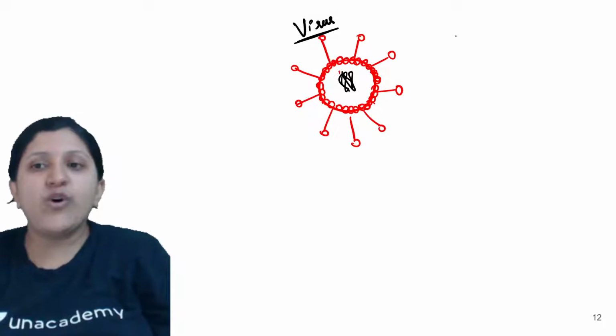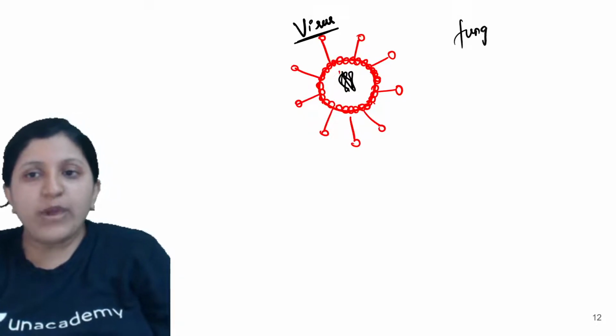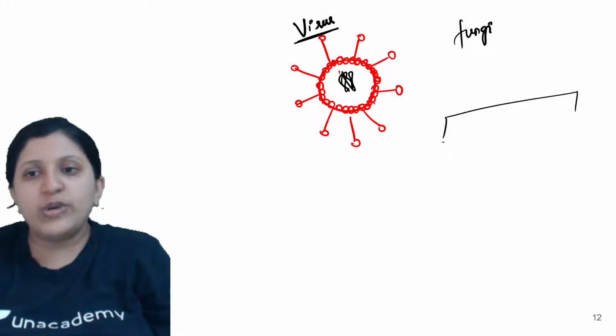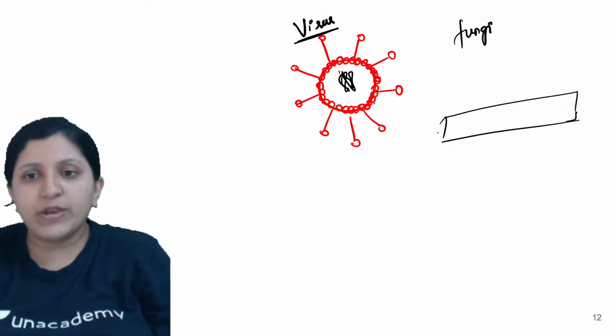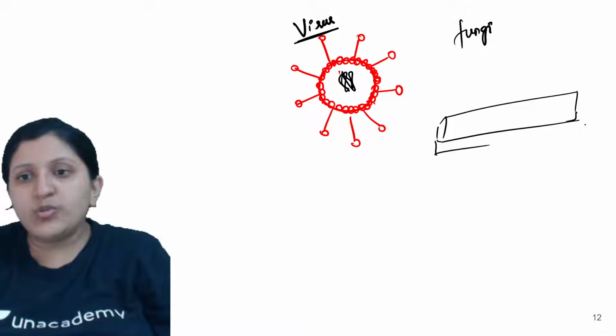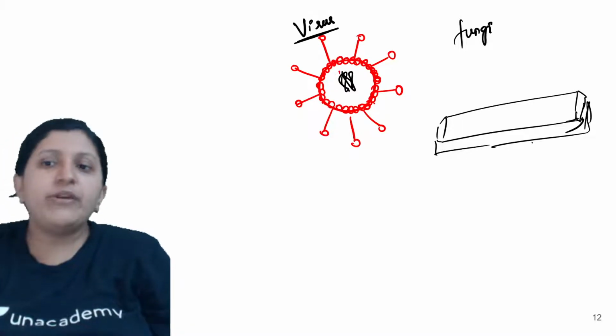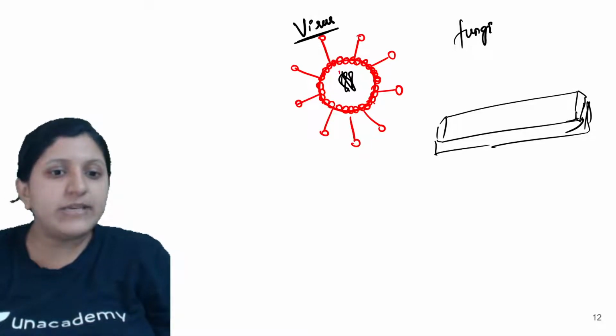So in case of fungi, you can see fungi, let's say this is a bread onto which the fungi is growing. So this is a bread onto which this fungal growth you can see. And now when we mention about this, you can see basically,